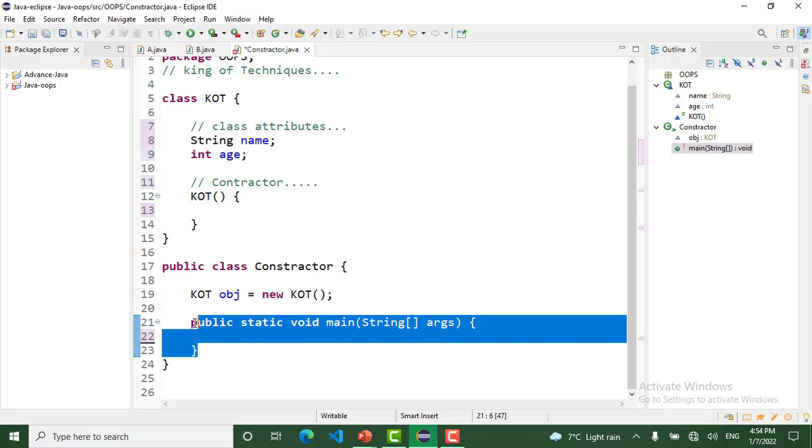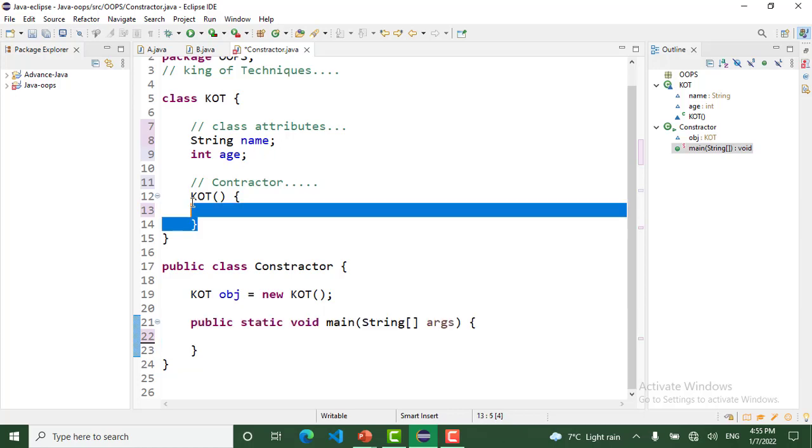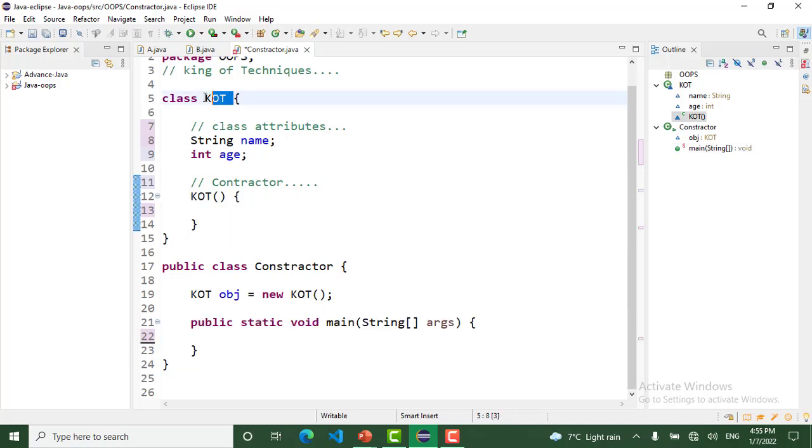How do constructors differ from methods in Java? A constructor must have the same name as the class within which it is defined, while it is not necessary for a method in Java. Constructors do not have a return type.